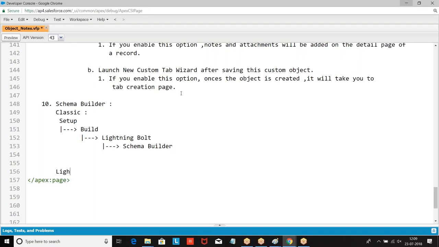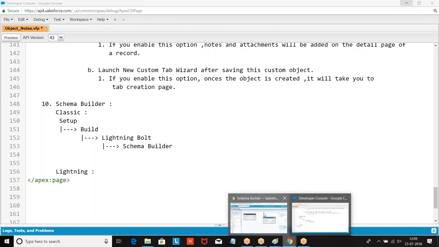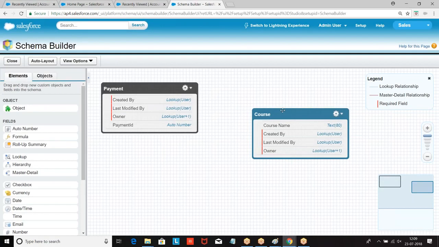Now in Lightning, what is the navigation? Version to version slight changes will be there.